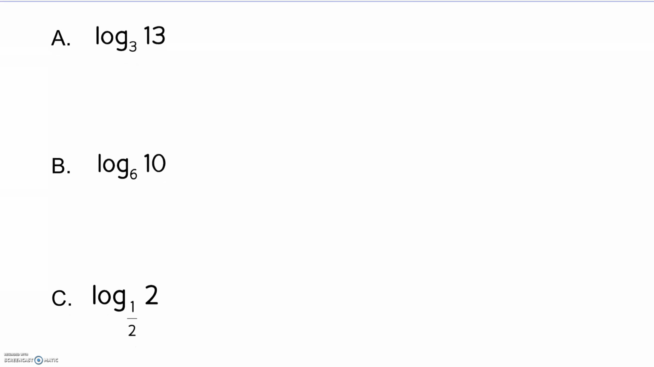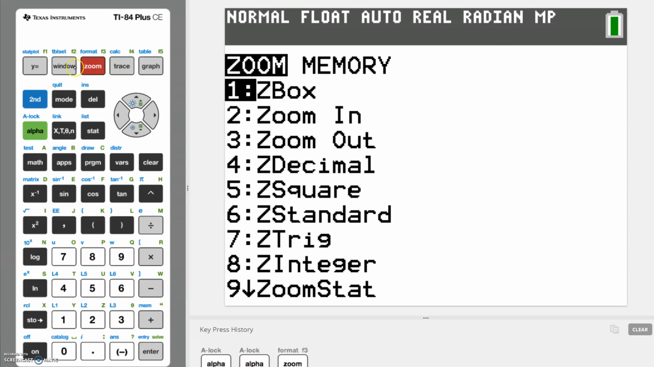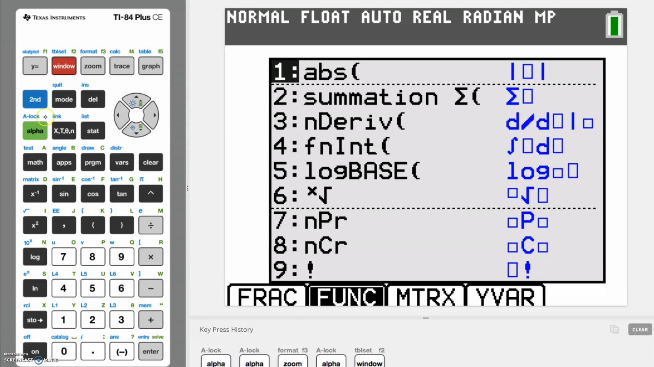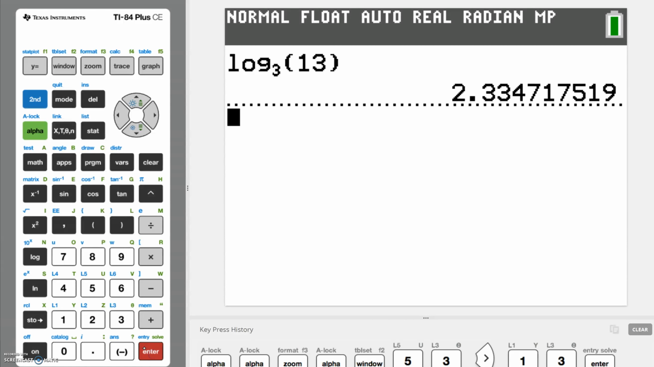Now, if your calculator has a relatively new operating system, you don't even really need to do change of base to find these. Instead, you can just type it in exactly as is. So let me see if I can remember here. I think it's alpha window. Yeah, alpha window. And then choice 5 is log base. So if you just choose choice 5, you can just type in log base 3 of 13,